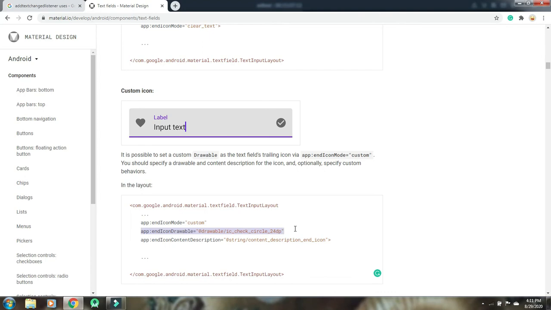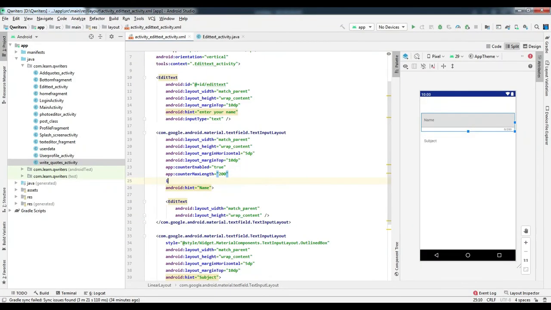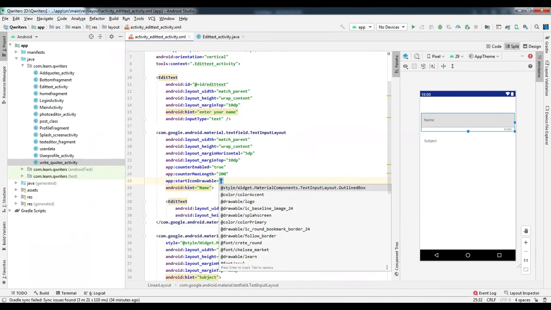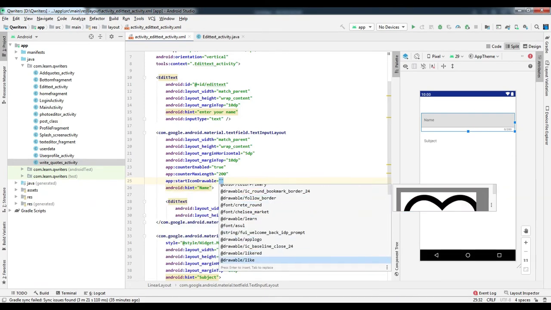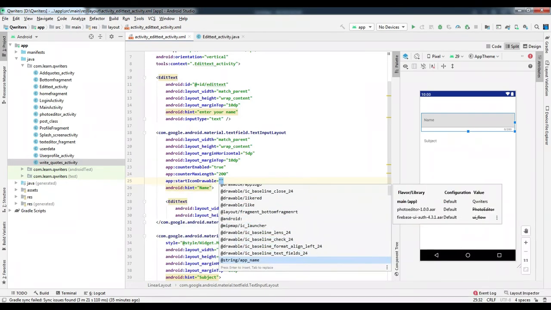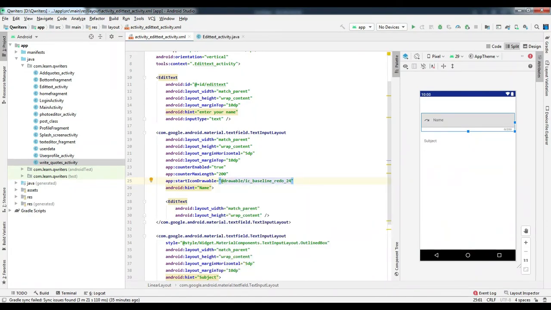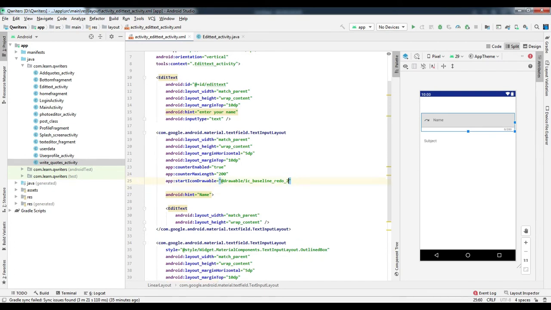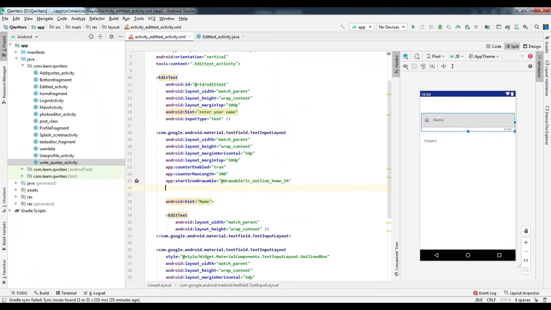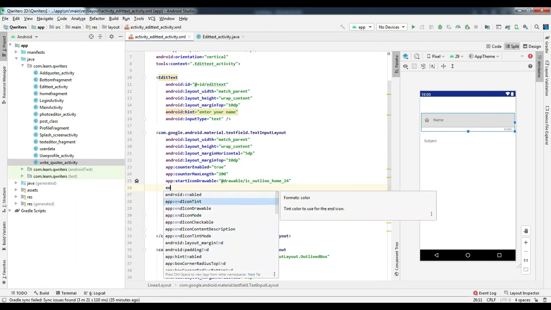So let's implement this. In the text input layout, specify the start icon drawable and select a drawable from the drawable folder. Specify the drawable here. I'll just place the home drawable. Next we'll specify the end icon. For that, specify endIconDrawable.